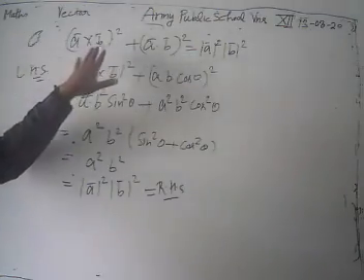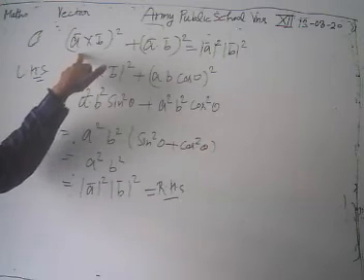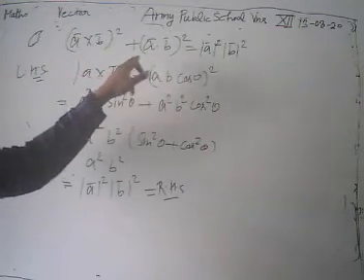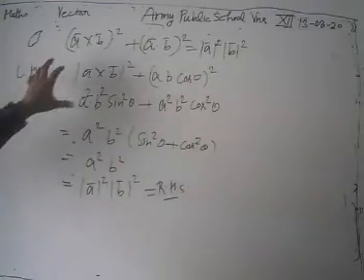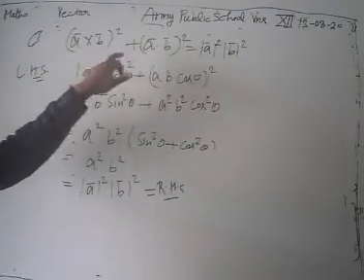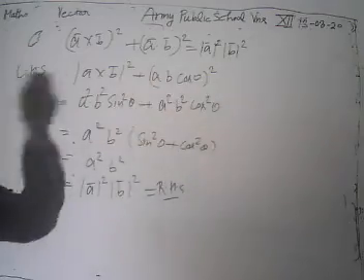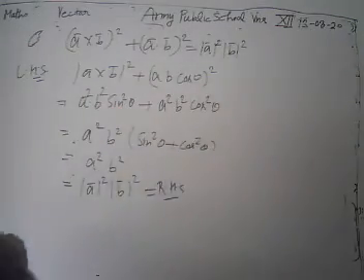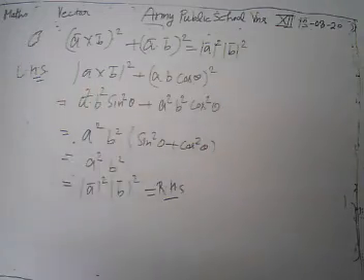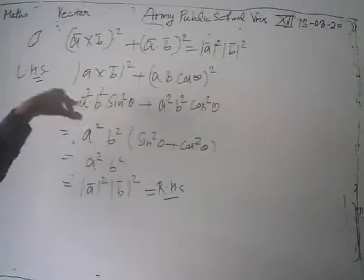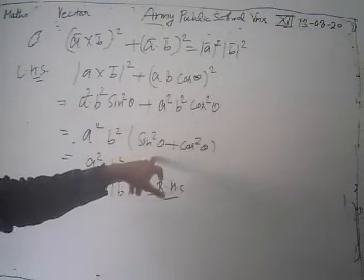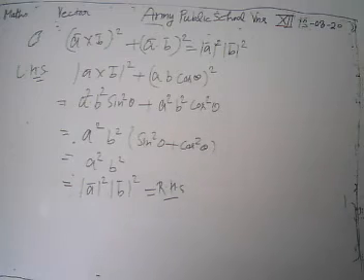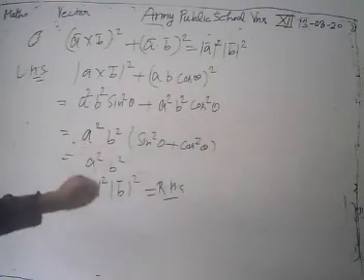We have to prove that vector A cross vector B whole square plus vector A dot B whole square is equal to modulus of A square times magnitude of B square. First, we write the modulus form. We know that vector A dot B is given by magnitude of A B cos theta square, and the magnitude of A cross B is given by A B sin theta, meaning A square B square sin square theta. We take A square B square common, then we have sin square theta plus cos square theta. Its value by identity is 1. Then we get A square B square.